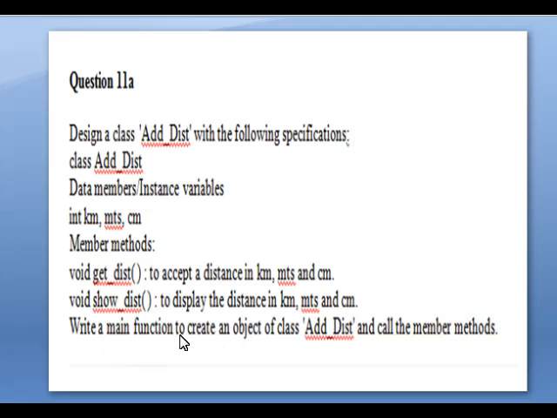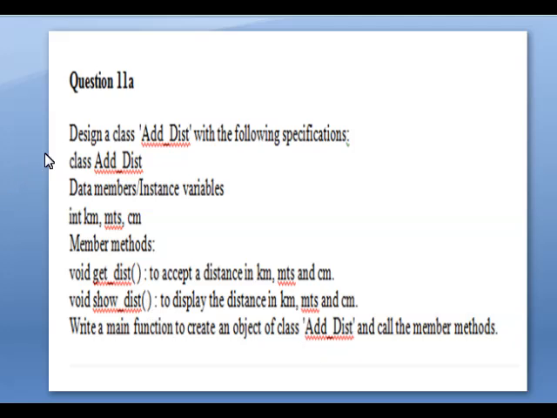Write a main function. After writing these member methods, you have to write the main function to create an object of the class add dist. For this class you have to create an object and call the member methods, and you have to call all these functions in the main function.